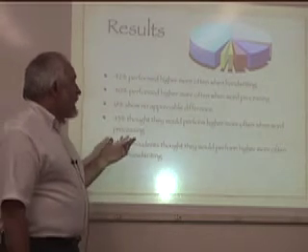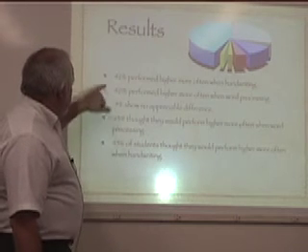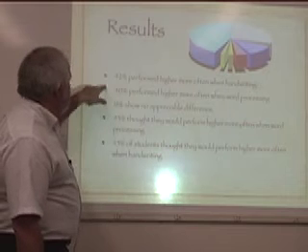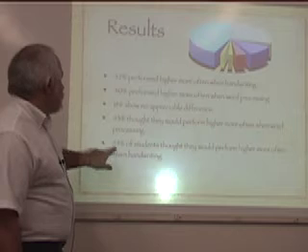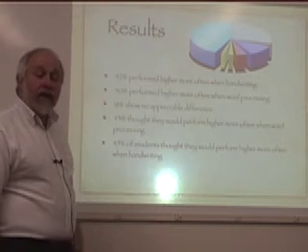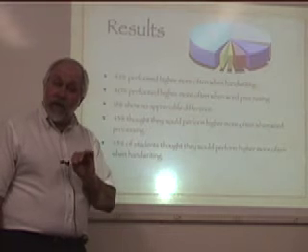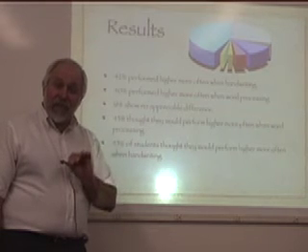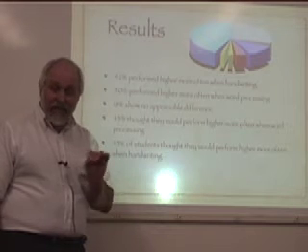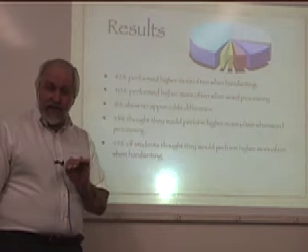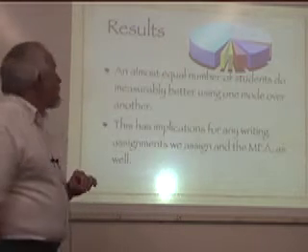43% thought they would perform higher more often when word processing. So that was interesting. 43% thought they would perform higher, and 40% did. 45% of students thought they would perform higher when handwriting, and 42% did. So the students actually had a pretty good handle as far as percentages goes, but the problem was a lot of the students who thought they were performing better handwriting didn't, and a lot of the students who thought they would perform better using word processors didn't. They weren't really good judges about that part of their attitudinal responses.